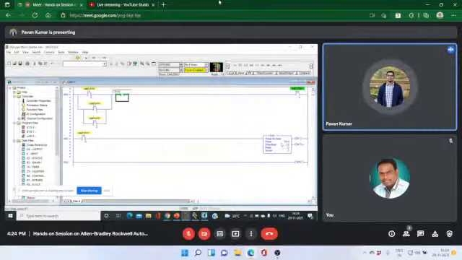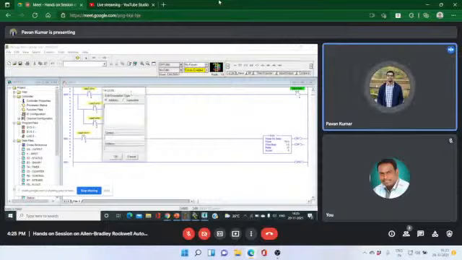Here there is a confusion that we have to give the done bit, because the enable bit goes on when the timer is energized, and the done bit is energized after the preset and accumulator value becomes equal. So here we are giving the T4:0 done bit.